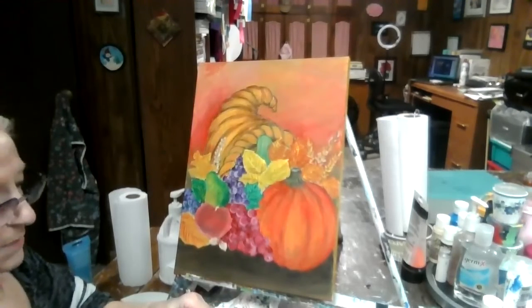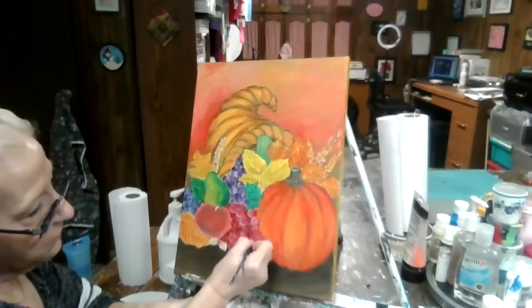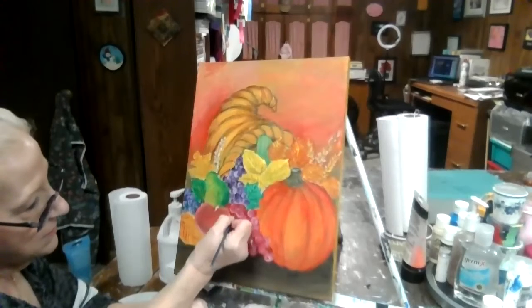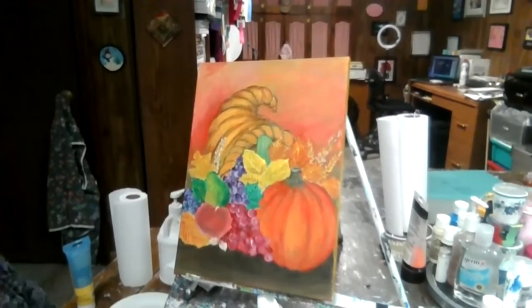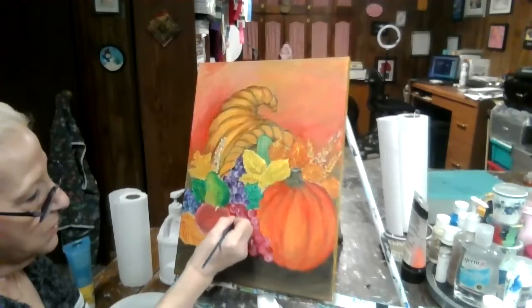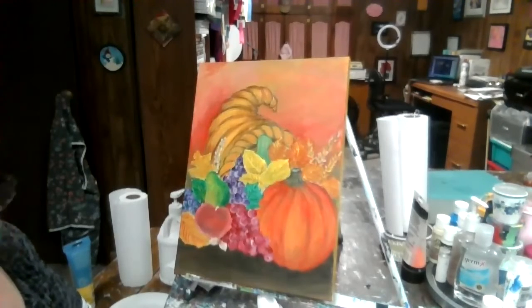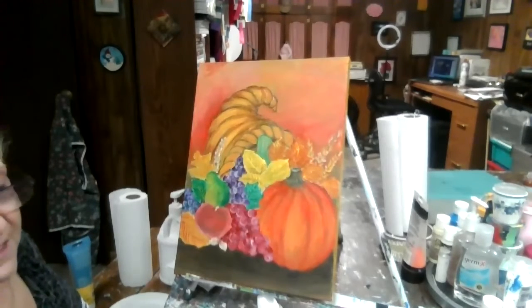Okay. So some of them you might want to put a little bit more highlight on. Some of them might need a little bit more color. Even the background grapes can have a little bit of light on them where the light's hitting them. And if you want to, like I said, this is pretty much a design piece. If you're really wanting to see something really realistic, like you can't tell if it's a photograph or a real painting, I suggest that you get on